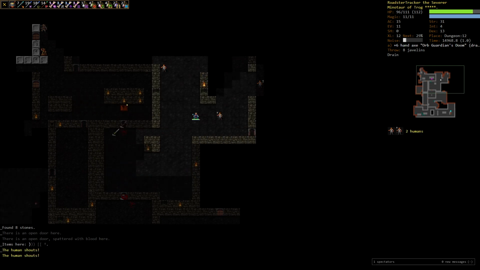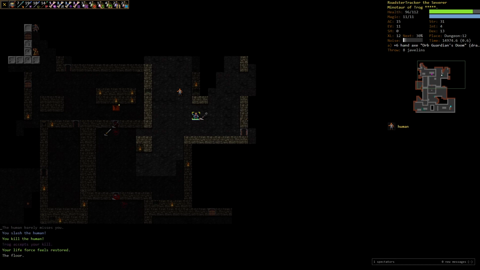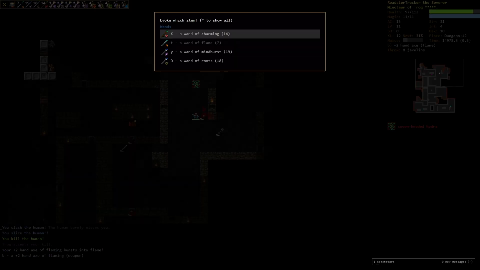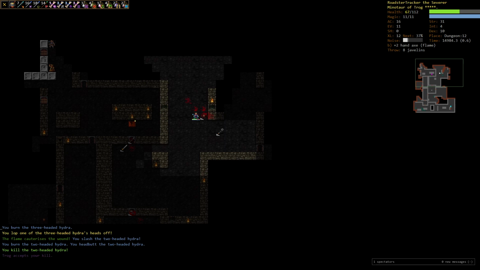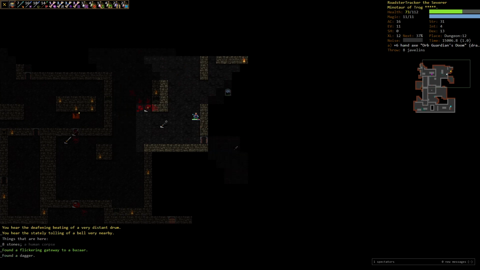Oh, what weapon does he have? That's a great mace. It's a two-handed mace. Okay. I'm not gonna mess with this guy, and I want to do this quickly, so we're gonna Mind Burst. He's a little bit more powerful than the ones we have been fighting. Very nearby. There's the